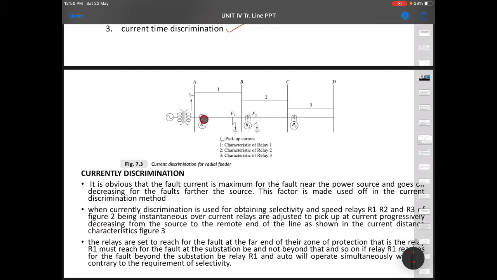As you move from source to remote end, current decreases because the line has some impedance. So here the current is set to a decreased value, here some moderate, and here a high value. You can see here it is the pick up current.